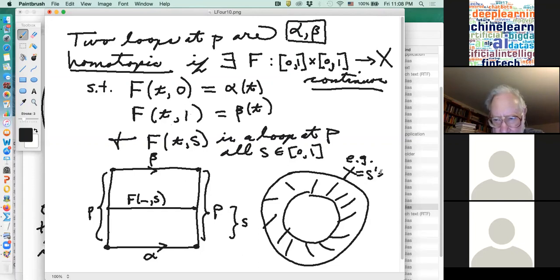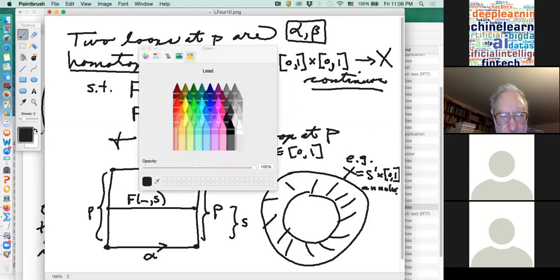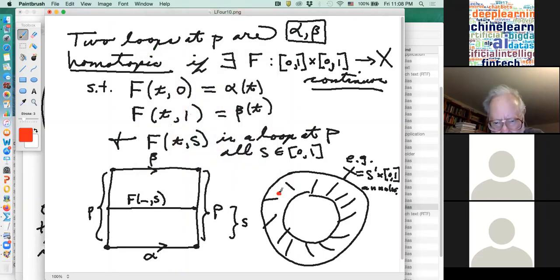A circle across a unit interval, an annulus. And suppose that this is your base point here, right? And let's suppose that this curve goes around for a while, and then it comes back. It doesn't go all the way around the hole. It comes back to the origin,